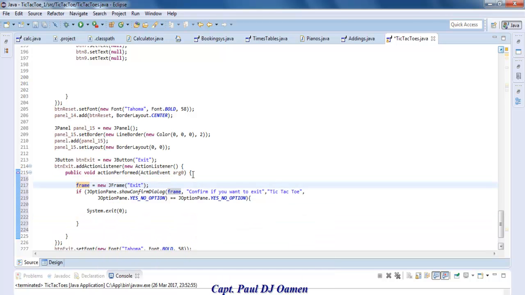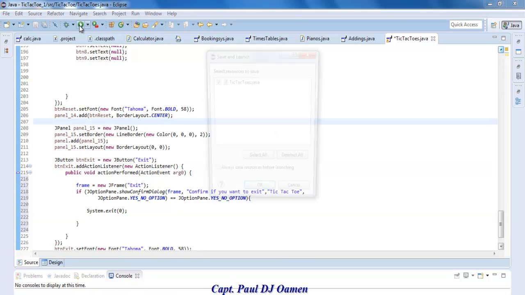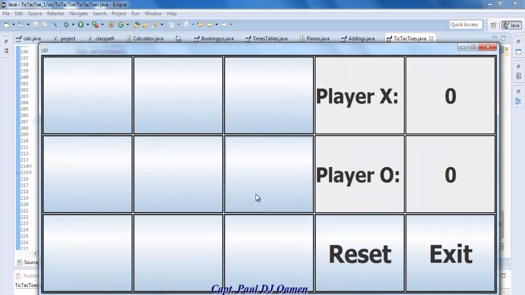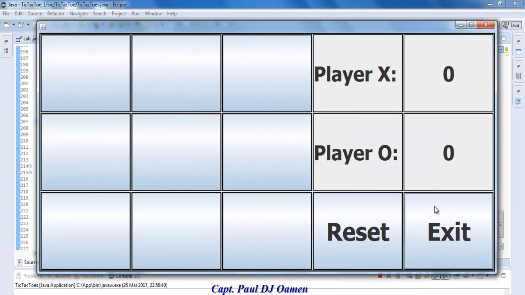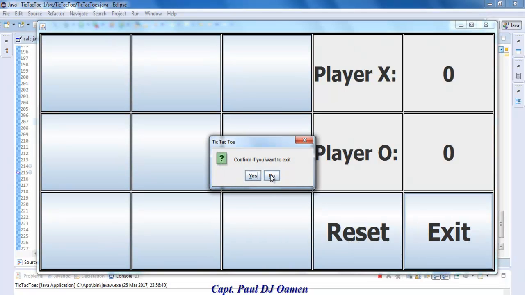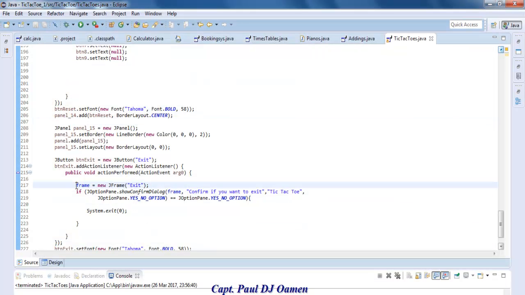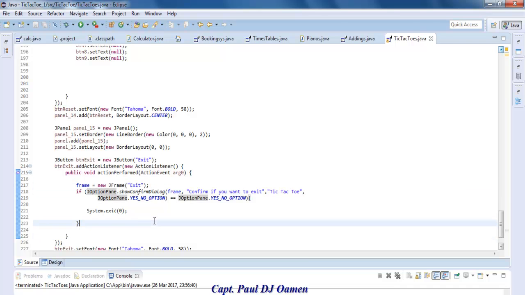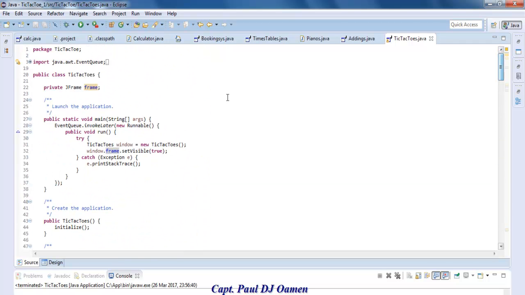So if I run it, let's just run this thing and see. So compile and run and give the exit a try. There we go, it works. No, and exit, so that is my exit. Okay, but make sure you have a method for this frame, and I think it's right up here. There we go, that's the method. Right. Okay, right underneath this